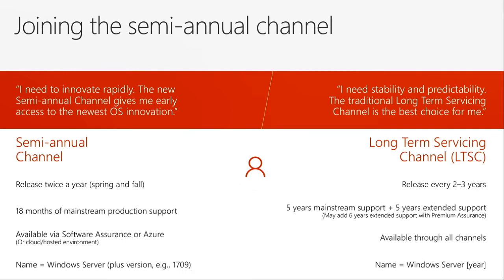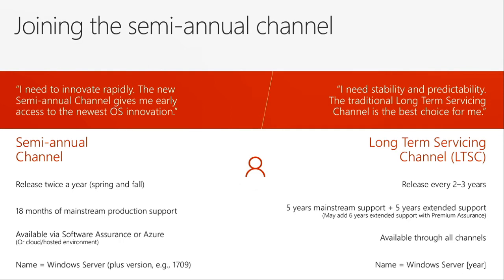So it's Windows Server, and then in the same way that client has been doing, we'll append it as appropriate with the version number. So version 1709 is what comes out this fall, 2017, 9th month of the year, 1709. So you could imagine something like 1803 if we end up shipping in March of next year, that kind of naming construct. Long-term servicing channel is what you've used in the past, so it's every 2 to 3 years,